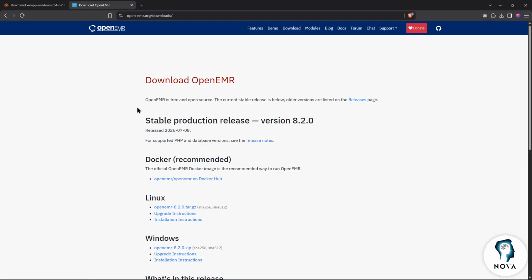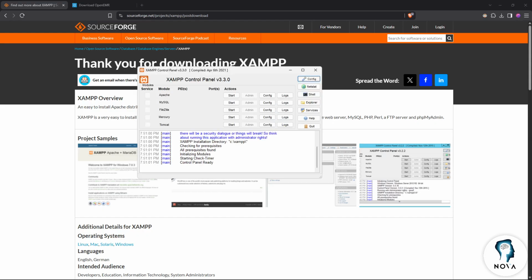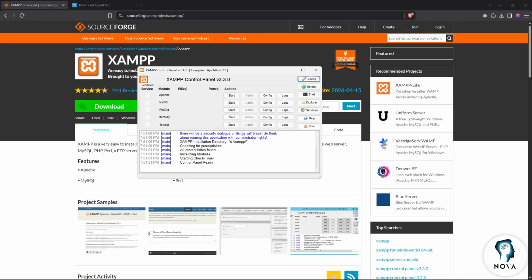Then you'll have to do the same for OpenEMR. You'll need to download the zip file of it for Windows. Of course, once you download XAMPP and open it, you'll find something like this. So make sure to download and install XAMPP, and then make sure that the following services are included, which is